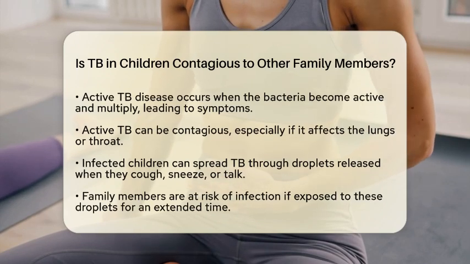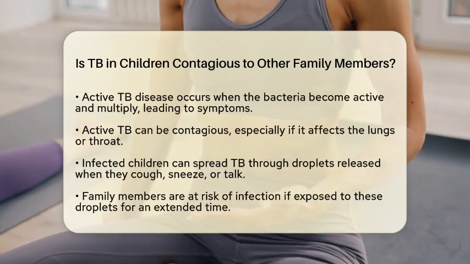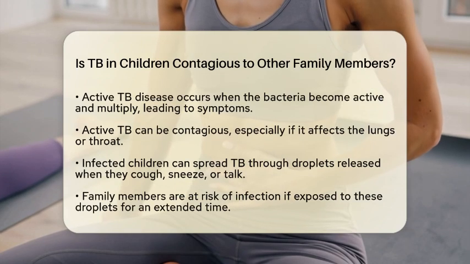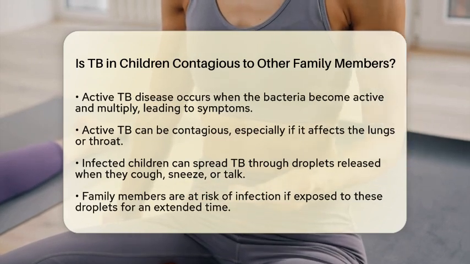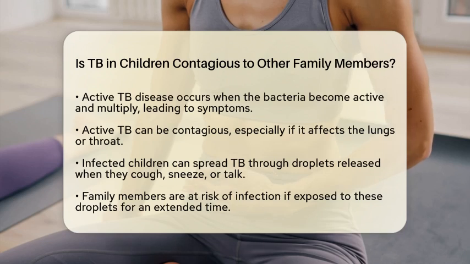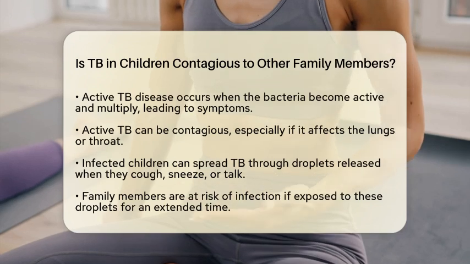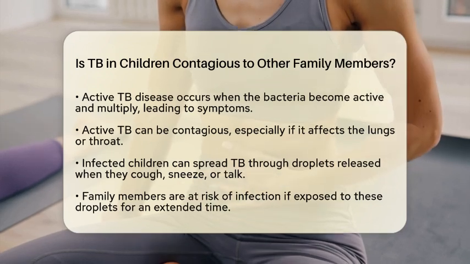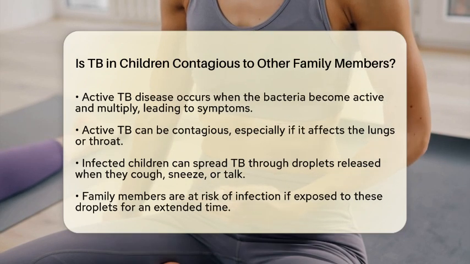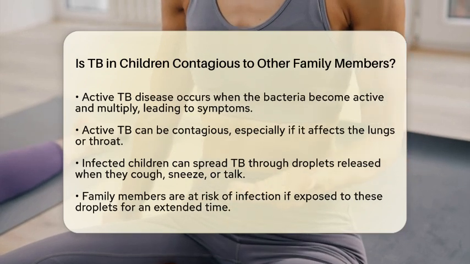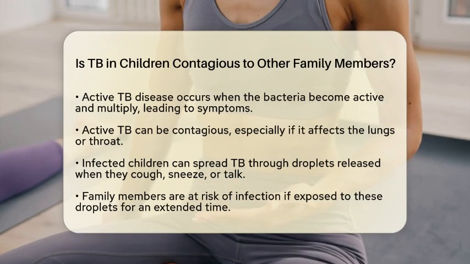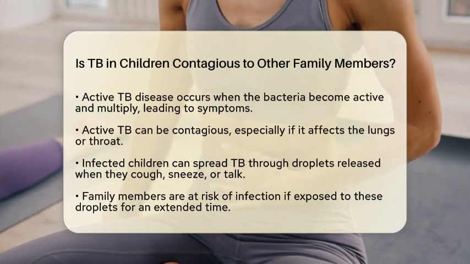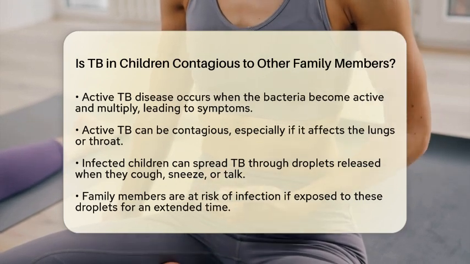Now, when we look at active TB disease, things change. If the TB bacteria become active and multiply, the child develops active TB disease. This form of TB can be contagious, especially if it affects the lungs or throat. When an infected child coughs, sneezes, or even talks, they release tiny droplets into the air that contain the bacteria. Family members and close contacts can be at risk of infection if they are exposed to these droplets for a